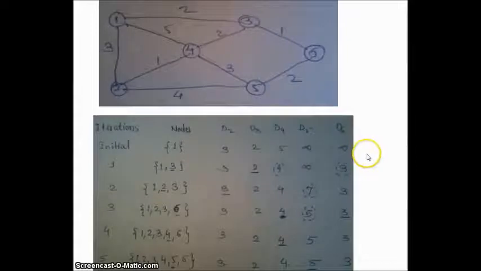That distance is represented by the symbol infinity. This is the rule. Now from this iteration we have to find which is the shortest or minimum hop count distance. Here we observe it as 2. So the node having the least hop count will be added in the second column. In the second step, that is the first iteration after the initial iteration, we have added node number 3 along with 1. Now we have to go from node 1 through node 3 to all the remaining nodes.